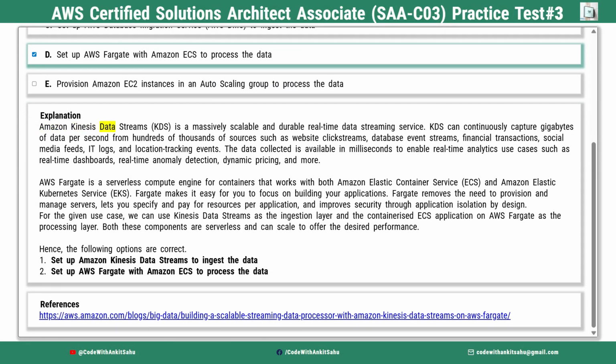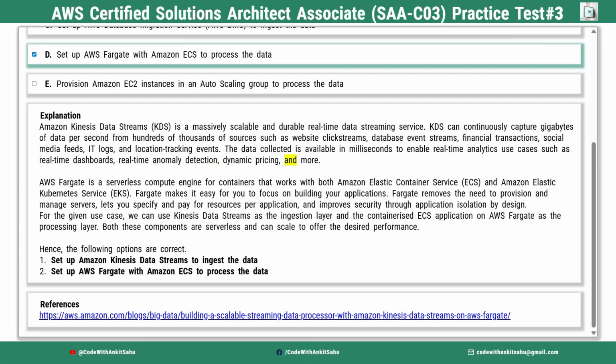Explanation: Amazon Kinesis Data Streams, KDS, is a massively scalable and durable real-time data streaming service. KDS can continuously capture gigabytes of data per second from hundreds of thousands of sources such as website click streams, database event streams, financial transactions, social media feeds, IT logs, and location tracking events. The data collected is available in milliseconds to enable real-time analytics use cases such as real-time dashboards, real-time anomaly detection,